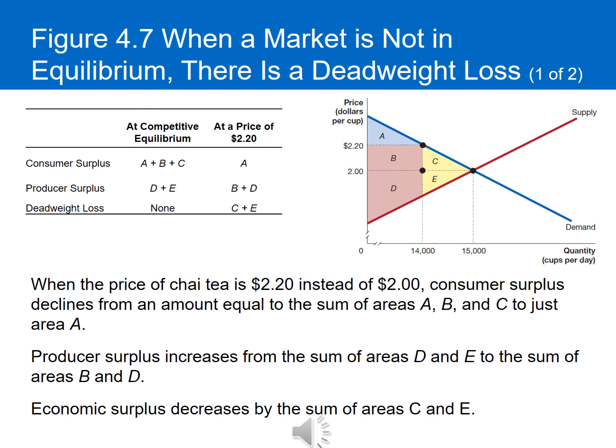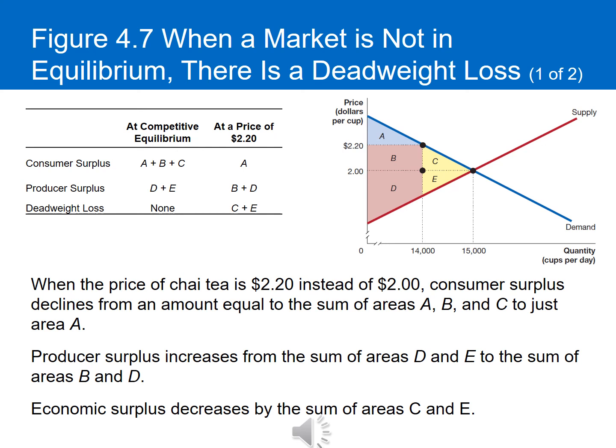Now, let's say that the price for a cup of tea is $2.20 instead of the equilibrium price of $2. So what's going to happen? Well, the consumer surplus is going to decline. Instead of being areas A, B, and C, it's only going to be the area A, between the new price and the demand curve. Now, the producer surplus is going to be the areas D and B. It's going to be above the supply